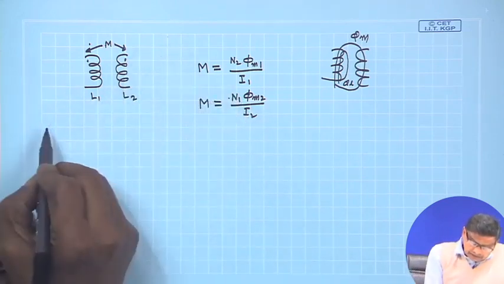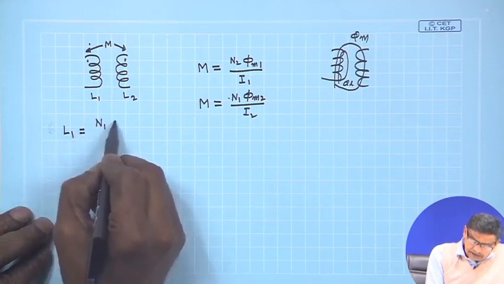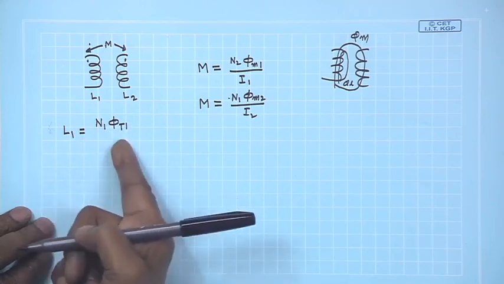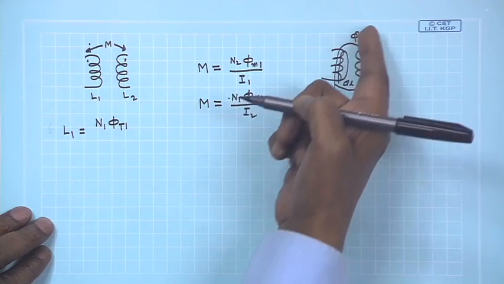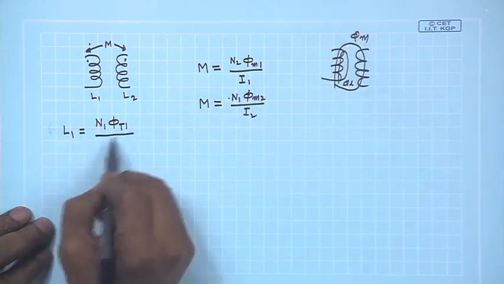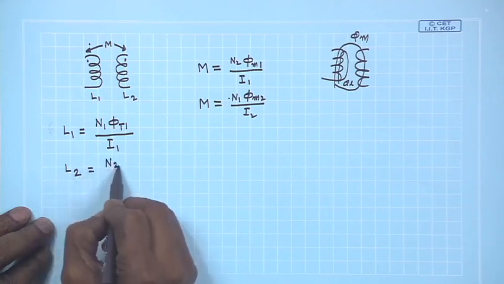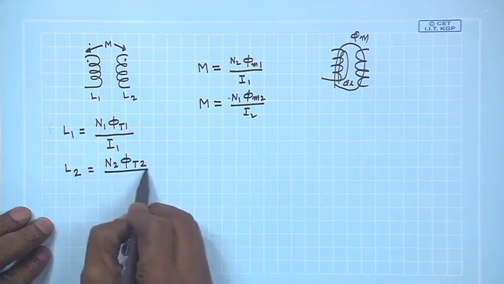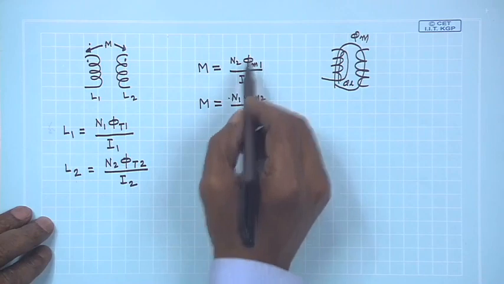And recall that L1 was defined as N1 into phi T1 divided by I1. What is phi T1? Total flux, the sum of leakage and mutual flux, phi L and phi M. And L2 was denoted by N2 phi T2 divided by I2. Now, this mutual flux